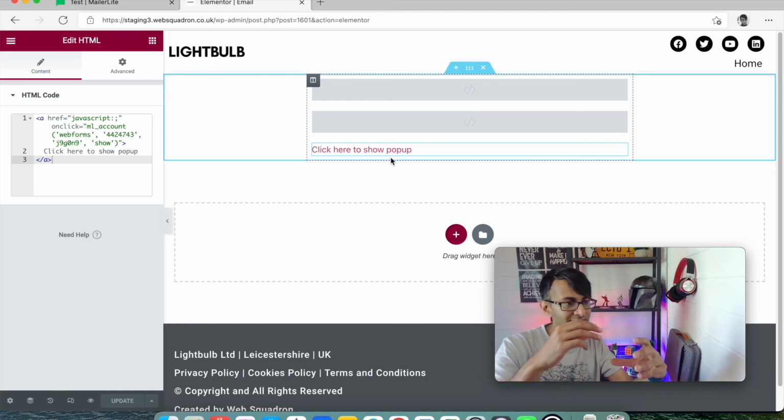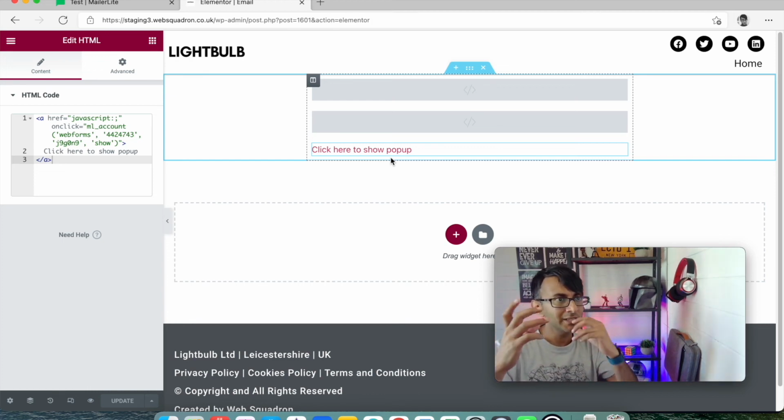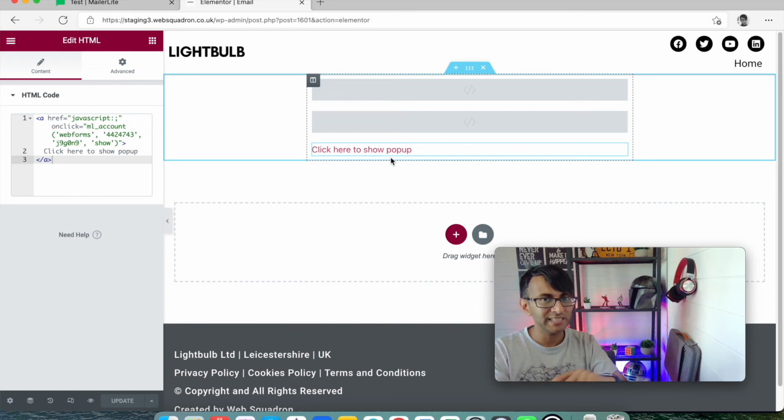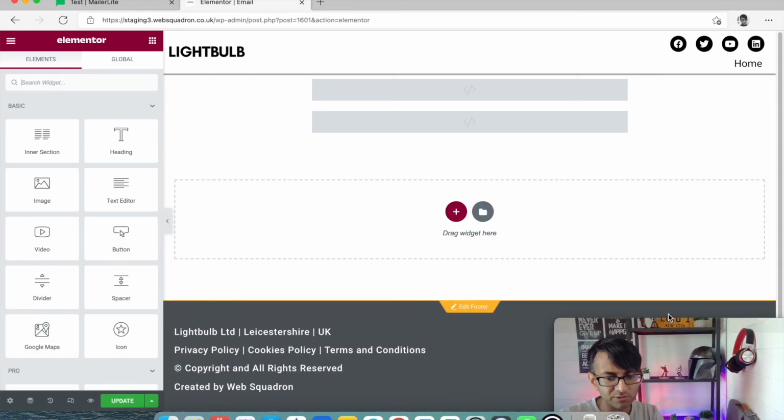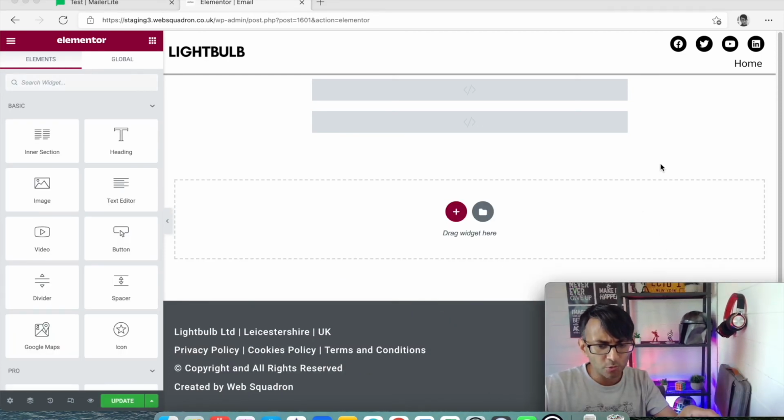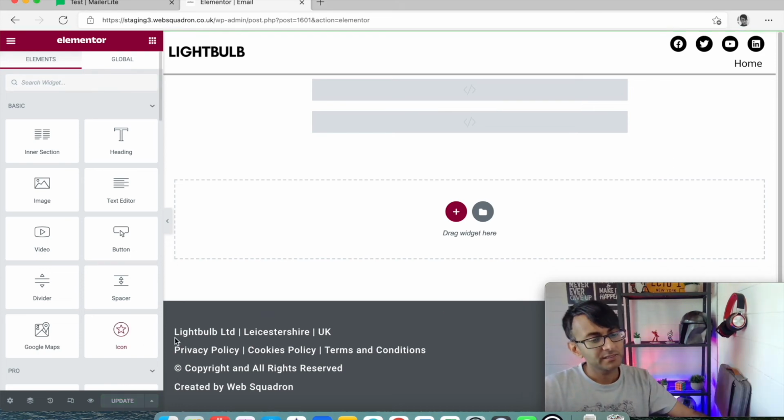So if you want to have a link to open the form, you could do that, but I would say you're better off just using Elementor pop-ups because you have a bit more control over what it does. So I'm not a massive fan of using that. So I'm just going to delete that like so. Okay, cool. Right, so what we then do is we click update, and now we are going to preview this